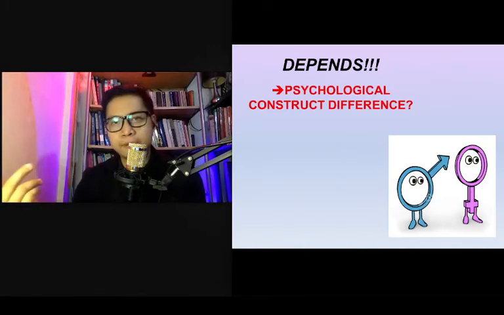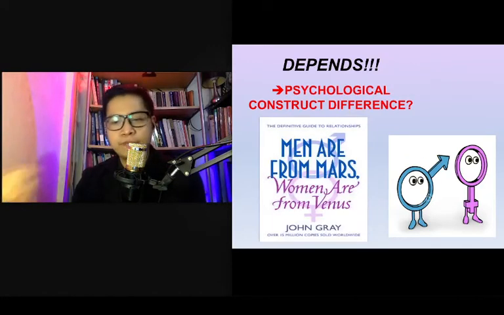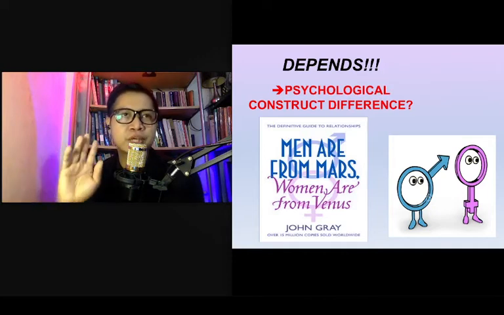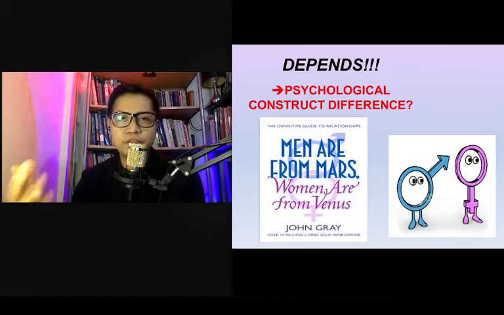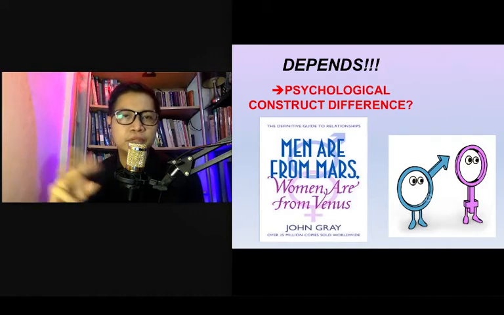That's very important. Halimbawa, no? If you read this kind of books, Men Are From Mars, Women Are From Venus, very good book by the way, it tells you that there are certain psychological characteristics na iba talaga sa babae, iba sa lalaki. Meron tayong mga kaugalian, meron tayong mga psychological components na scientifically proven, they differ between males and females. So basically, this book is telling us that there are sex differences. Sex differences are real. And that idea must be applied in the field of psychometrics.